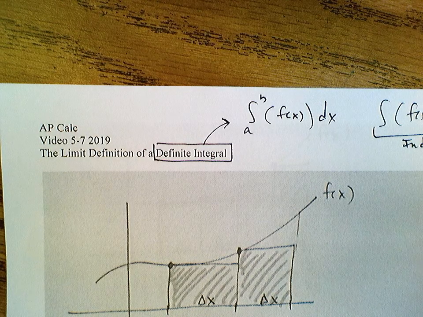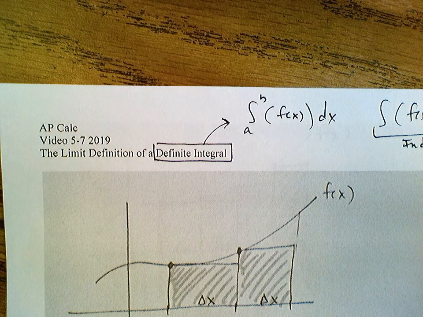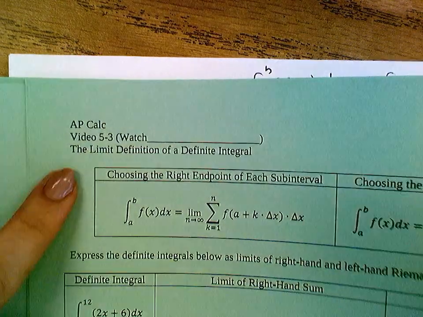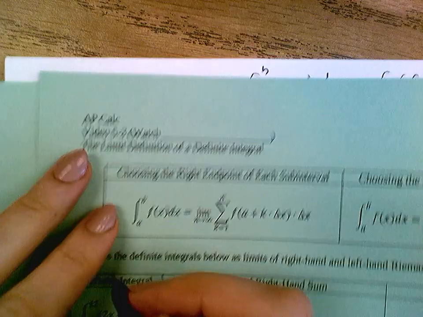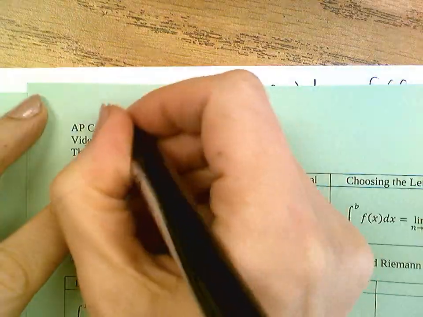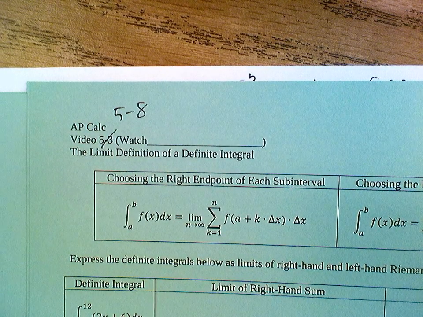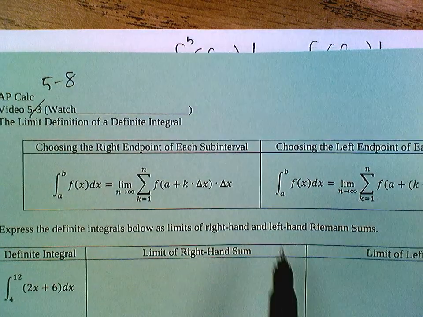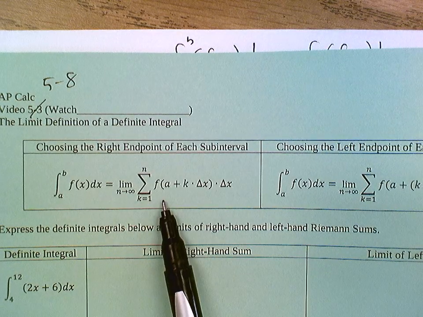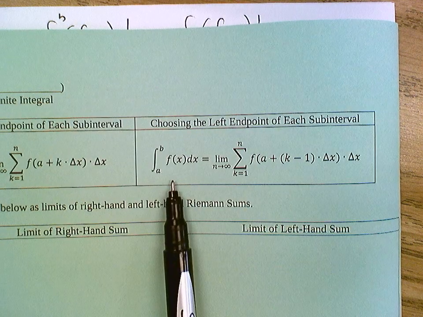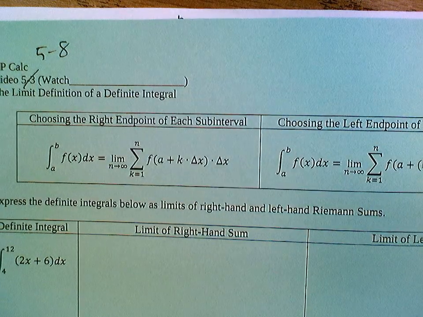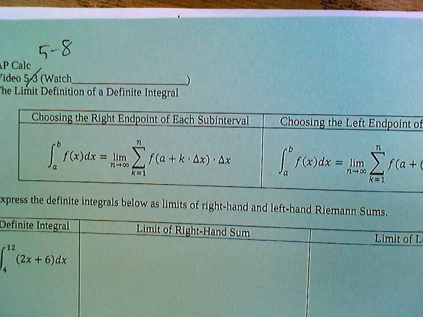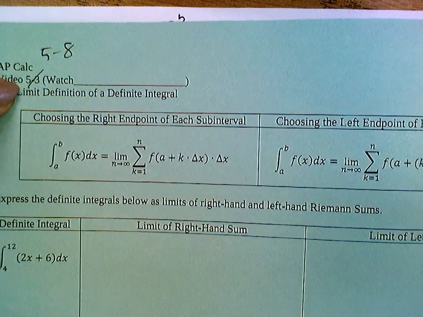Okay, so here's the 5-7 video, and let me just tell you where all this is going. 5-3, the old 5-3, is now going to be 5-8. And 5-7, the video you're on now, is about understanding where these very complicated looking formulas come from. When you understand where they come from, it's not as bad. And also, guys, when you watch the 5-8 video, which is the old 5-3,